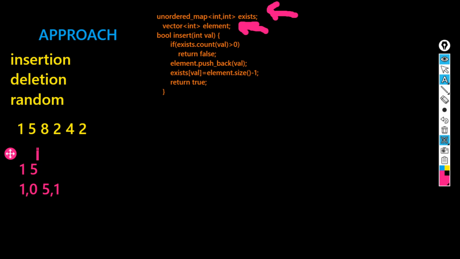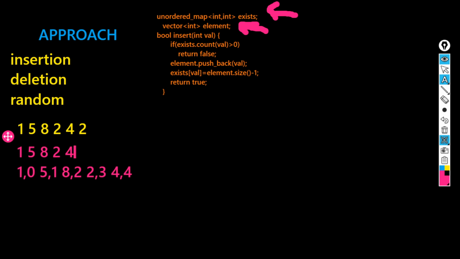Again 8, the size is now 3, so 8 comma 2. Again 2 will come, so 2 comma 3. Now 4 will come, so 4 comma 4. So we have these two arrays till now.